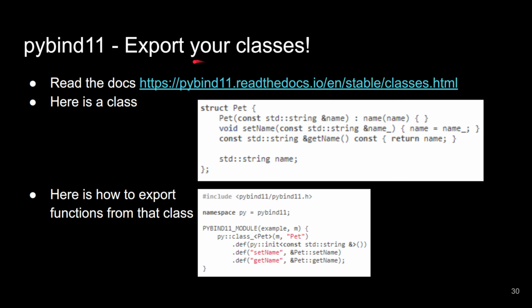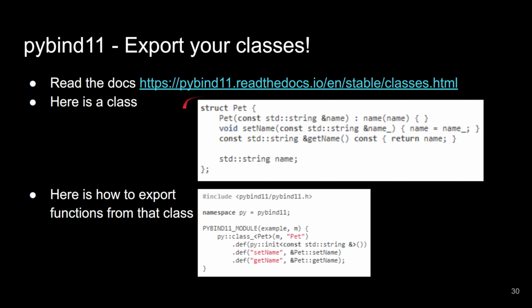Okay, and now we're not just limited to functions. When we do this, we can actually wrap data structures that we create in C++ as well. So again, if you've ever wondered in Python where these modules come from, well, they're coming from C++ most of the time, because that's where we get our performance from.